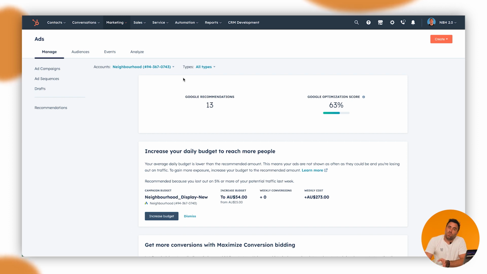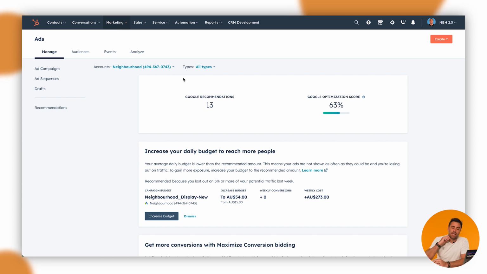I will say as well with this, don't just go through and apply them all, because Google's main MO is to make more money. So it will definitely do recommendations to help, obviously, increase budgets and whatnot. So whilst it does provide a lot of value to a lot of businesses, my main recommendation is to look at the recommendations in detail and see if they're actually right for you, because there have been a lot of reports that a lot of the recommendations are recommending an increase in budget, but we have not yielded the results that are needed for that specifically.